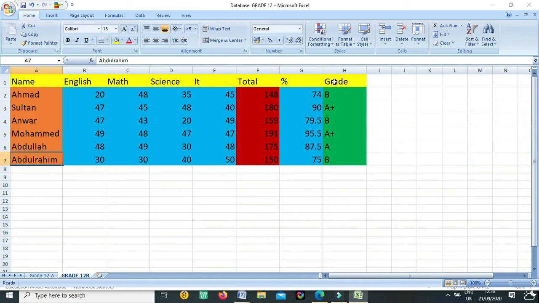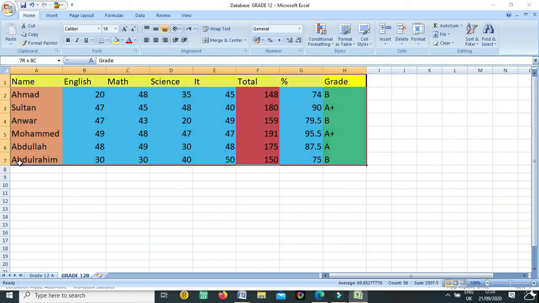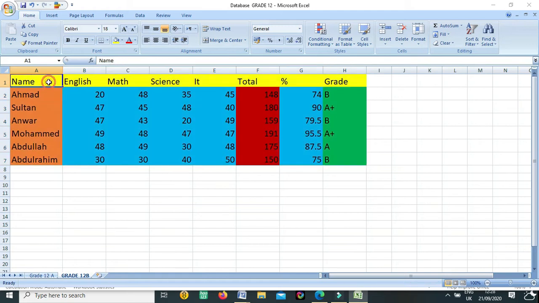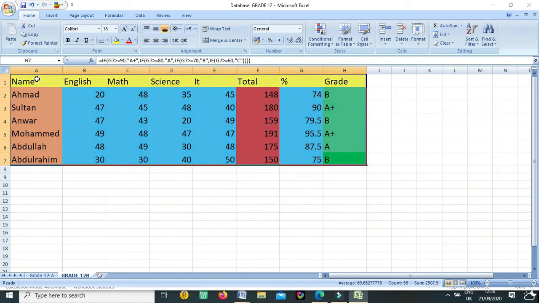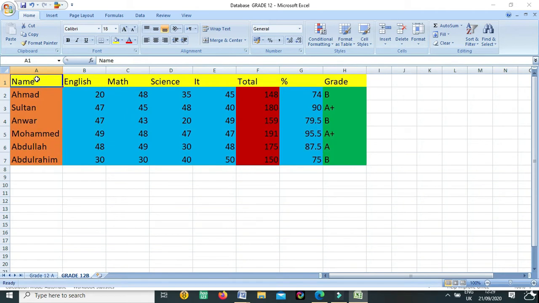We use filter to find some specific data. If you have 100 records and you need only 2 or 3 records, or you have a database and you want to find 3 or 4 countries from there, how can you filter it?